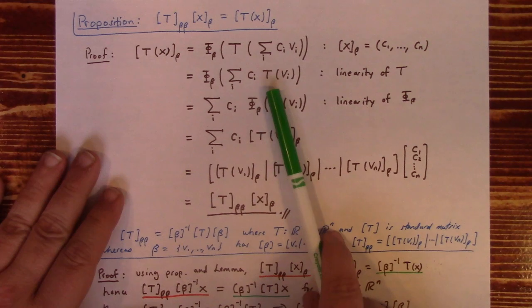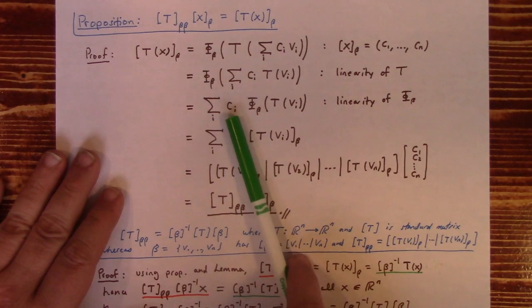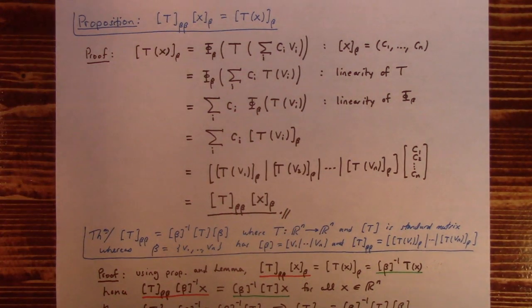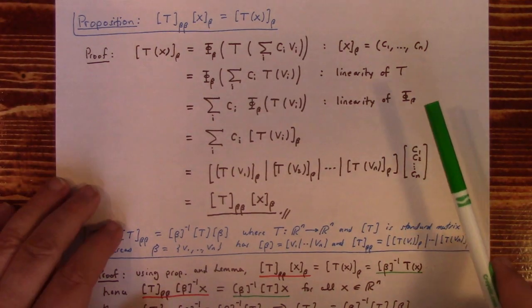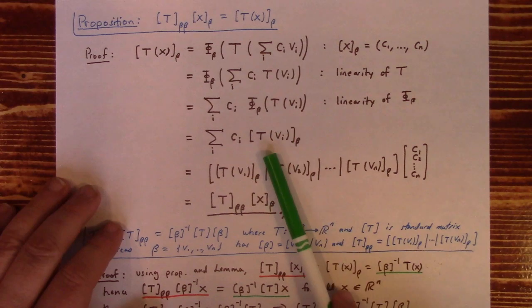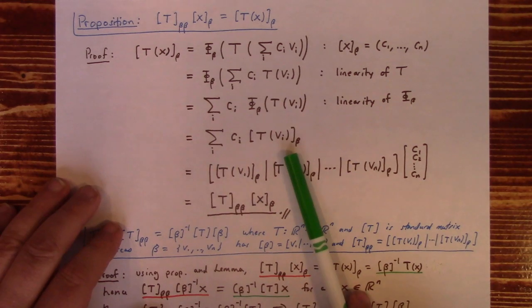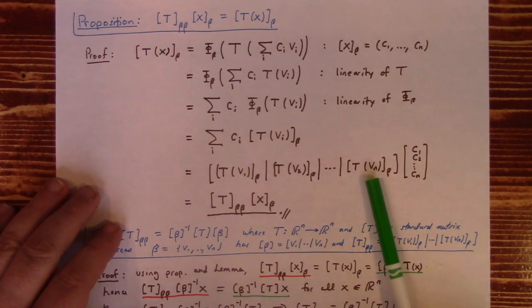Then I use linearity of T to pull out the sum and the constants. Then I use the linearity of phi to pull out the sum and the constants. So that's by the lemma. And then, okay, so this is exactly the coordinate vector of T(v_i) with respect to beta, which then, if you go back to our basics of how matrix multiplies, is nothing more than this matrix right here